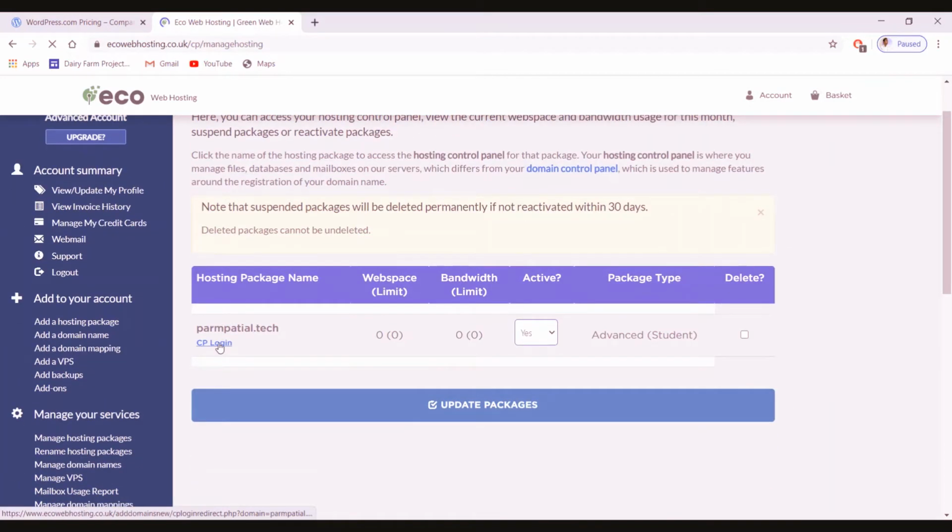From there you have to go to cPanel. Every hosting provider will provide you a cPanel, a panel where you can configure and manipulate your space on the web.